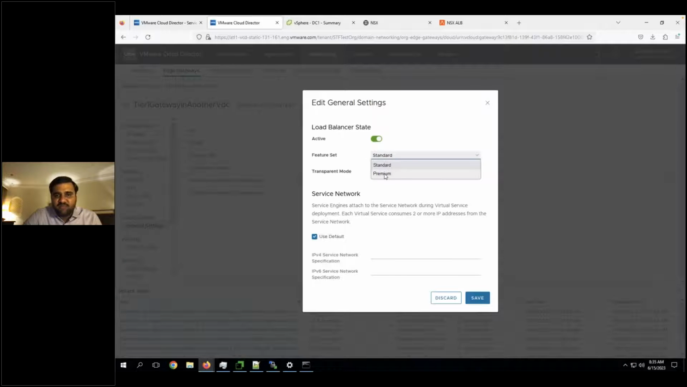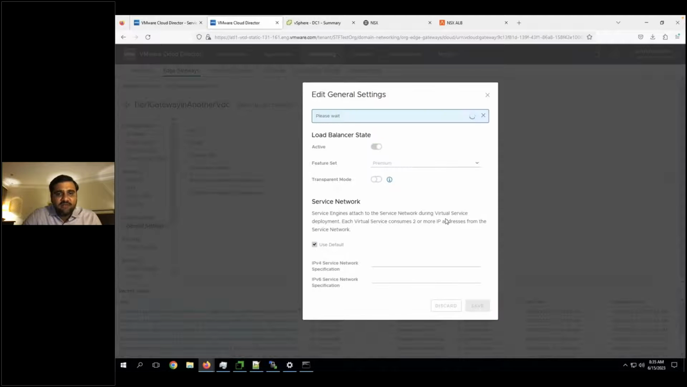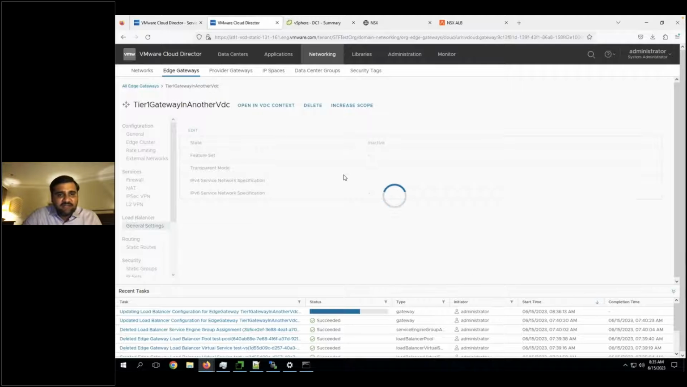I'll use the premium setting so that I can show you all the additional capabilities in premium. And do I want to use transparent mode? This is for preserving the client IP. This works only with an active standby SE group. Right now I'll skip this option. I'll just save. Now on the tenant context, the load balancing service is getting provisioned